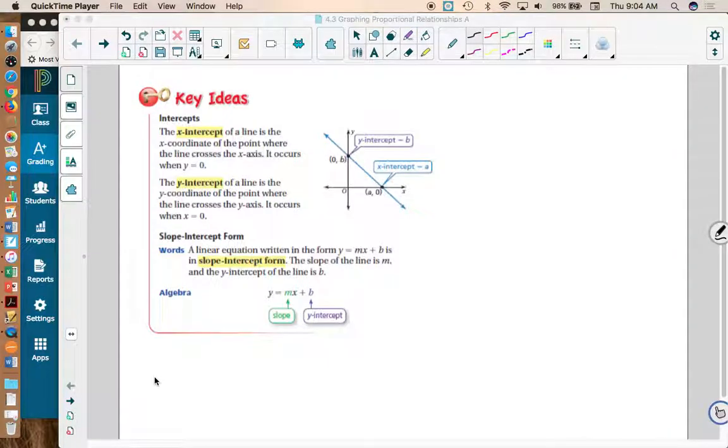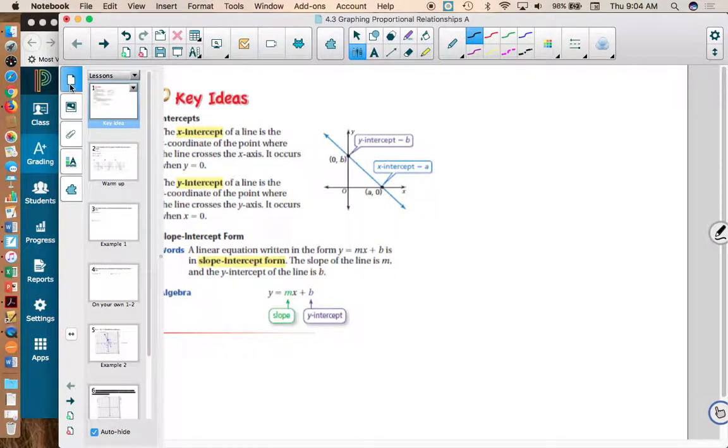This will work for you all the time. I like graphing this way. I don't have to do a table. I don't have to do a lot of calculations. I just graph it using what I'm given, okay? So let's look at